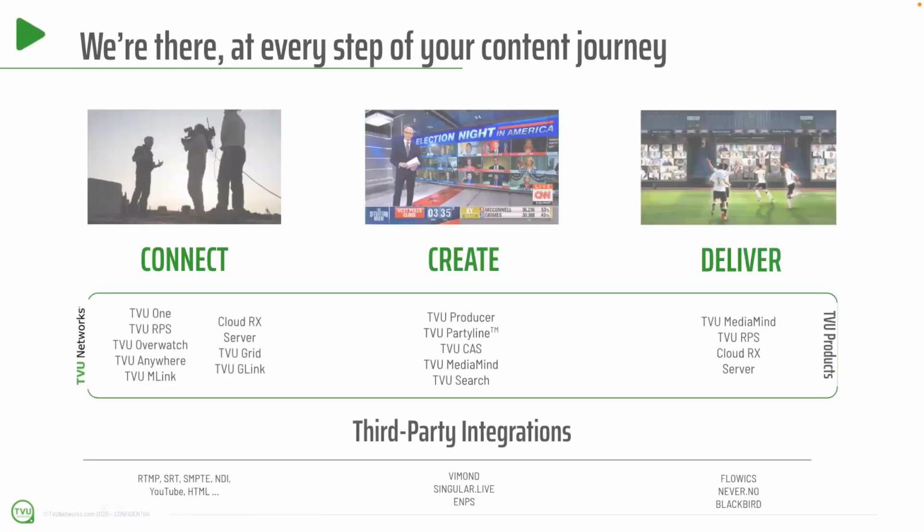And so this is just showing you the full scope of all of the different products and solutions that we provide, from being able to connect you with content and video, either using our mobile live broadcasting backpack units like the TVU One or our RPS unit, remote production system unit, which allows for multiple simultaneous live feeds synchronized together, or TVU Anywhere, which is a mobile app that takes advantage of the same IS Plus transport protocol